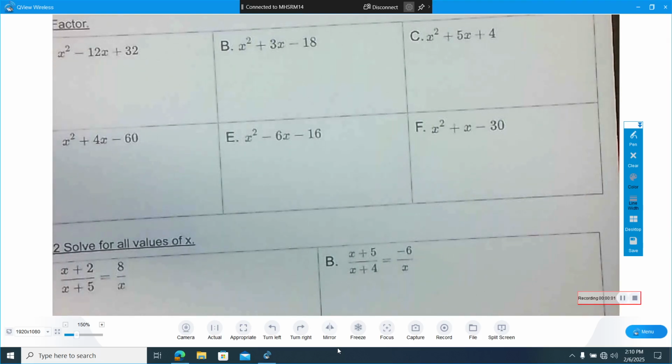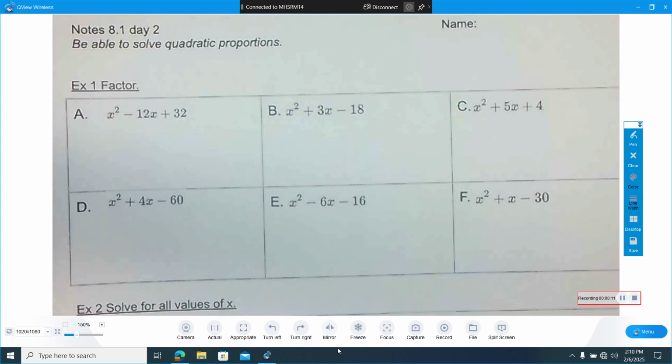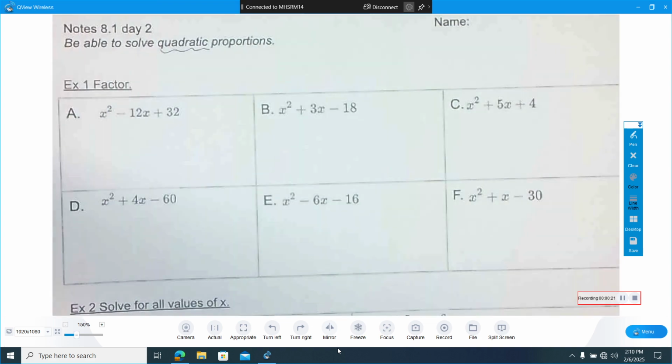Okay, so yesterday we were talking about solving proportions, and our procedure for solving proportions was to cross multiply. So today we're doing the same thing, same process. We're going to start by cross multiplying. However, today we're looking at quadratic proportions, and yesterday all we did were linear ones. Solve for x like always, okay? But today they're quadratic, so we have a different process